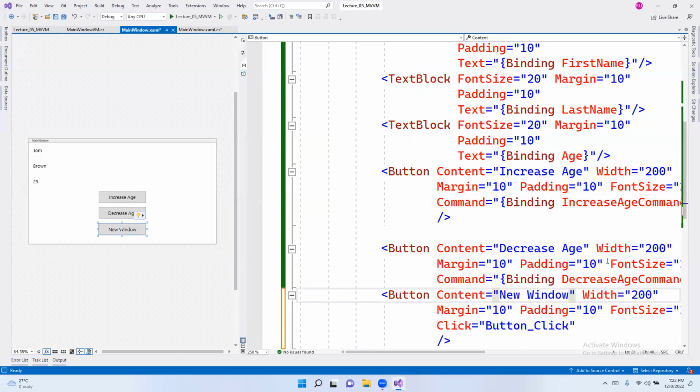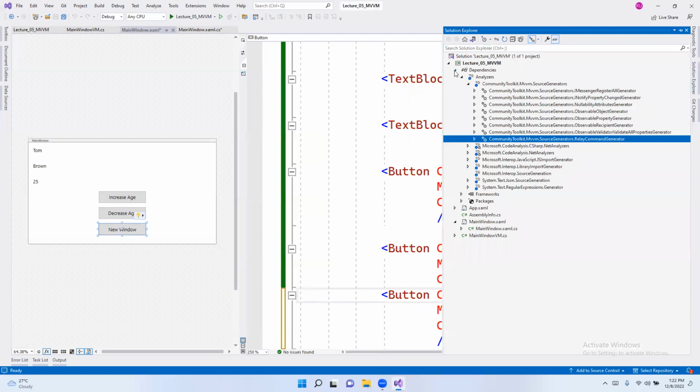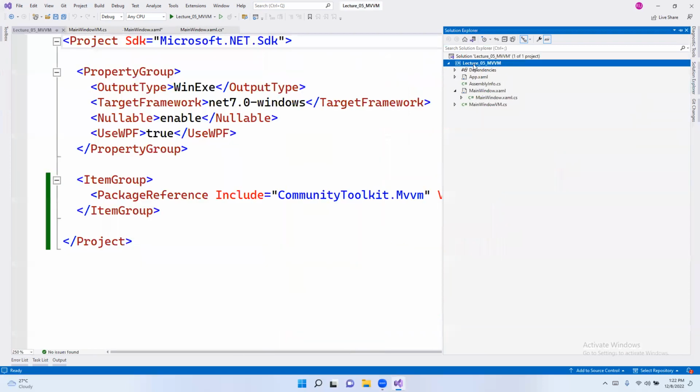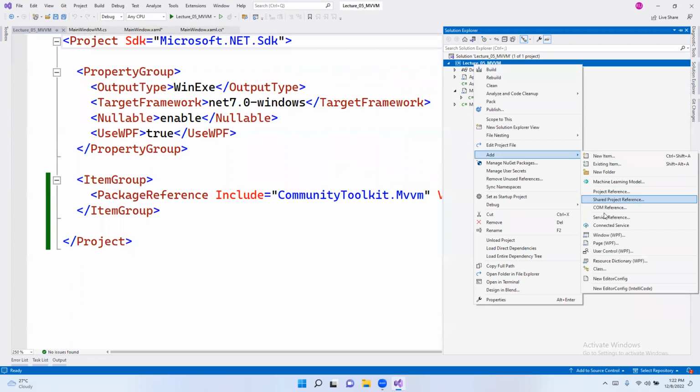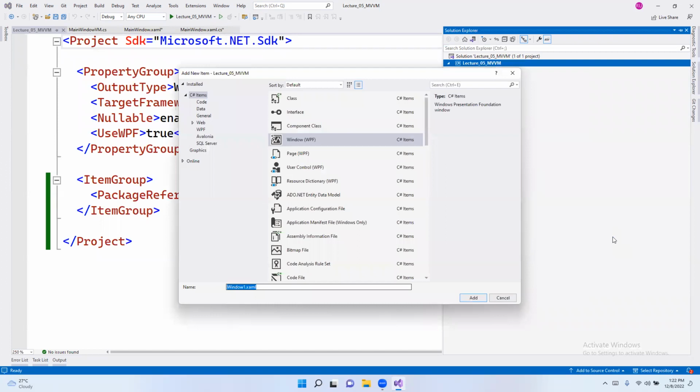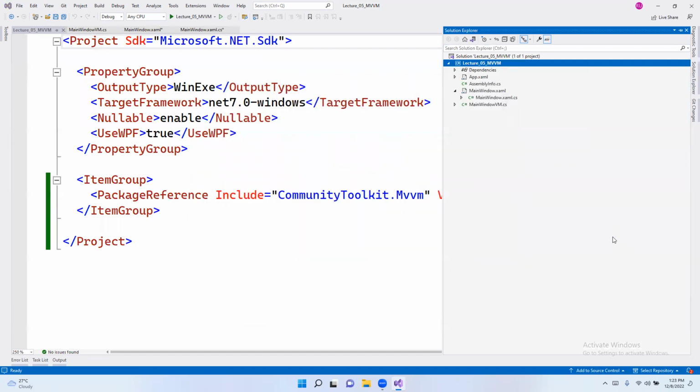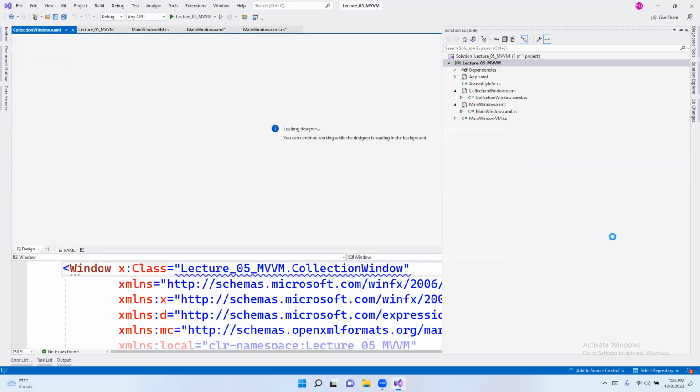So we need to create a new window here now to show it. Okay, I will remove this. So now click. I will create in the same namespace to make it simpler. New window WPF, say collection window. You can have any name. So I'm going to display a collection,